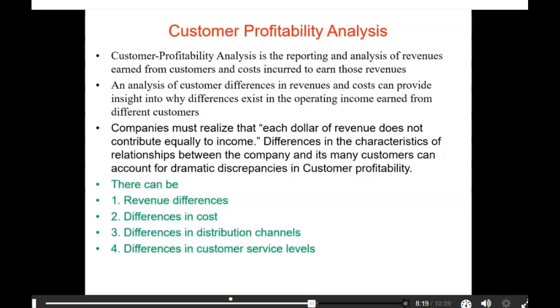But companies must realize that each dollar of revenue does not contribute equally to income. Differences in the characteristics of relationships between the company and its many customers can account for dramatic discrepancies in customer profitability. So there can be revenue differences because I'm giving discounts to the wrong type of customer. Difference in cost because that customer may be consuming more of our delivery costs or more of our handling cost. They're making a lot of small purchase orders. Differences in distribution channels, and differences in customer